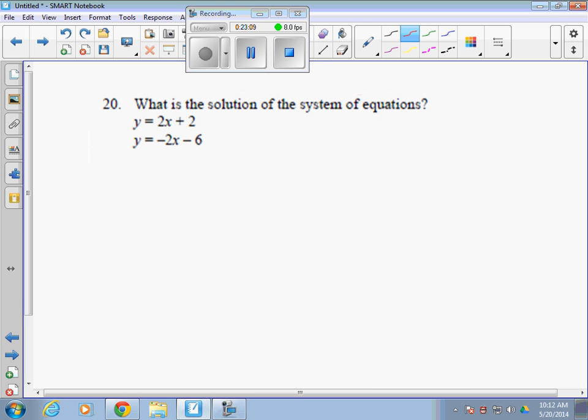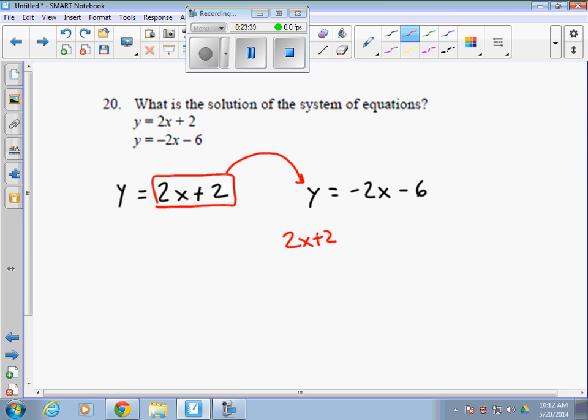The last one says, what is the solution of the system of equations? You could do this one in 2 different ways. You can move it over and eliminate it, or you can use substitution. If you choose to use substitution, y equals 2x plus 2 and y equals -2x minus 6. It helps to write them side by side. This is your value for y, 2x plus 2. So in place of y, plug in 2x plus 2